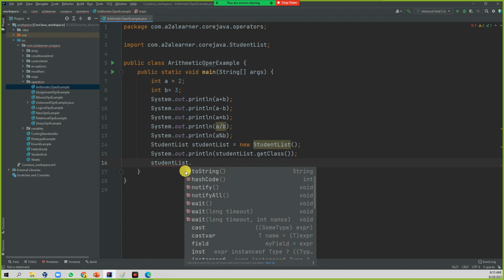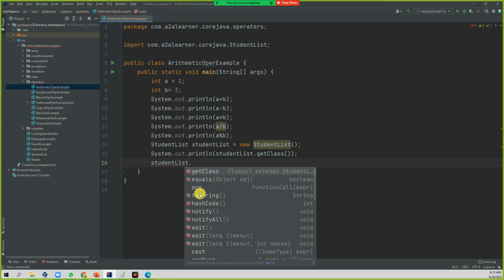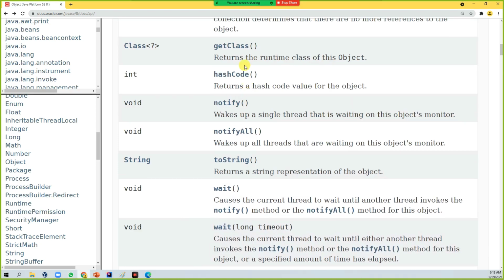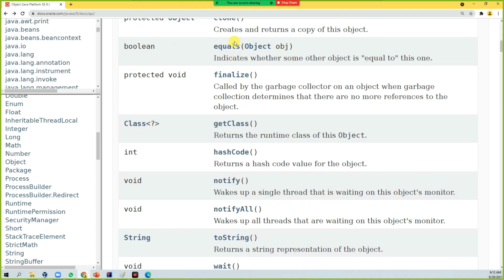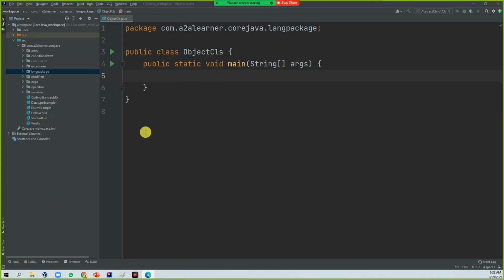The m here stands for method. So these many methods are coming from the Object class, because Object is the parent class of every class. So the equals method is available in whatever class you create.